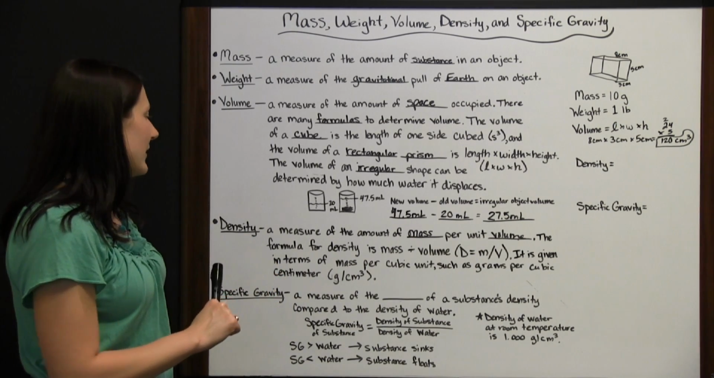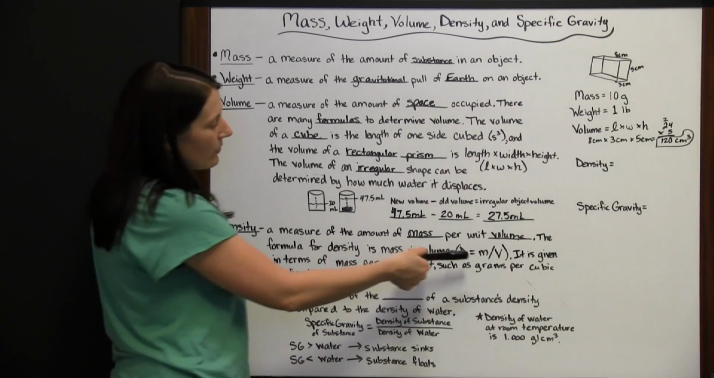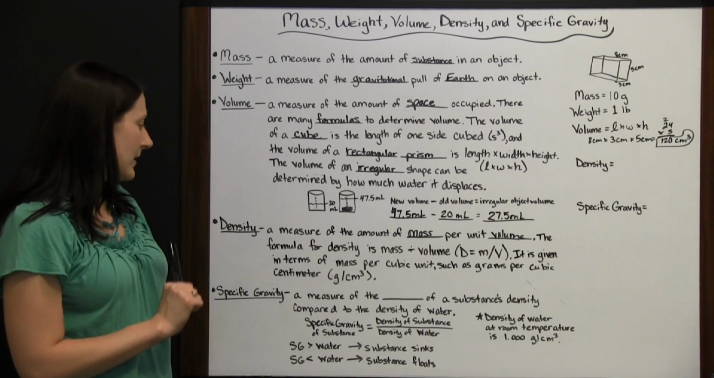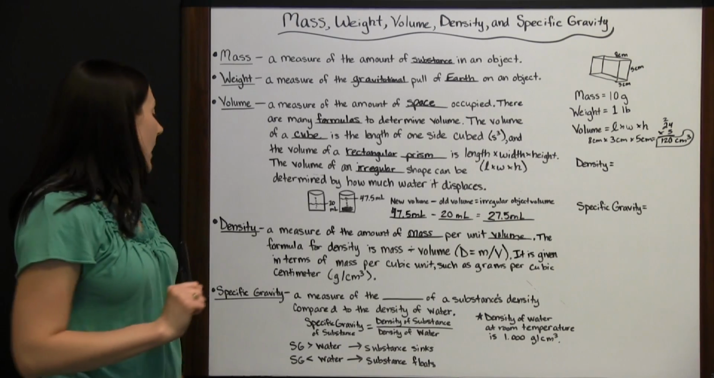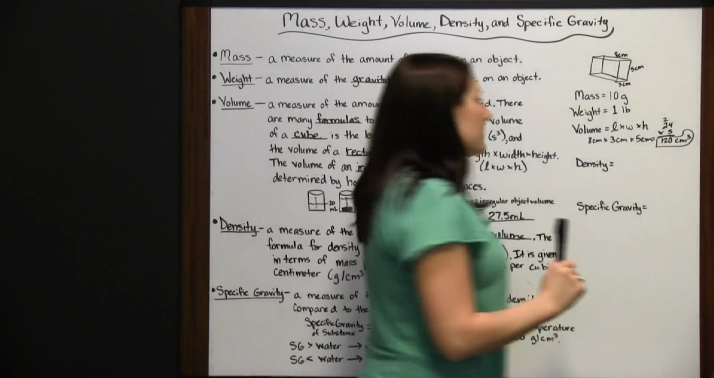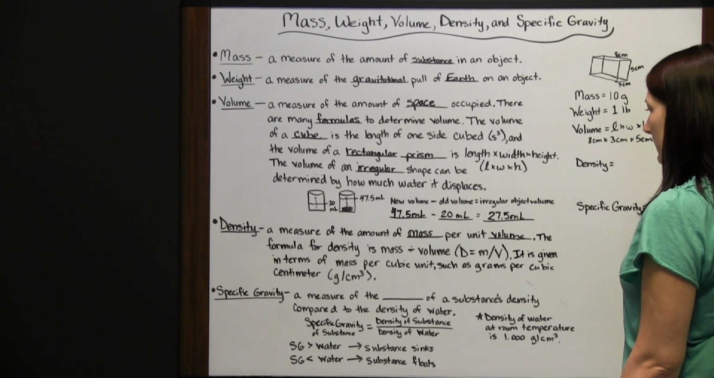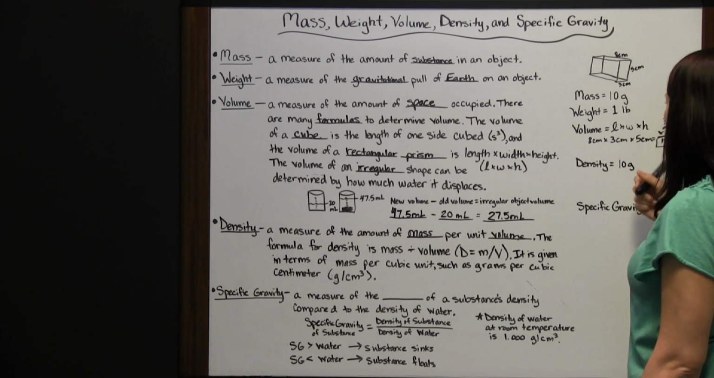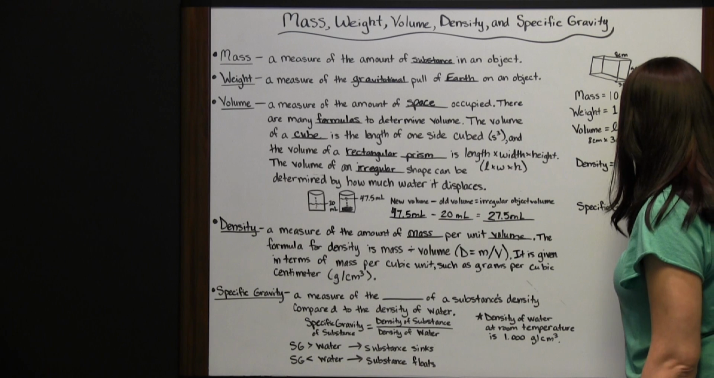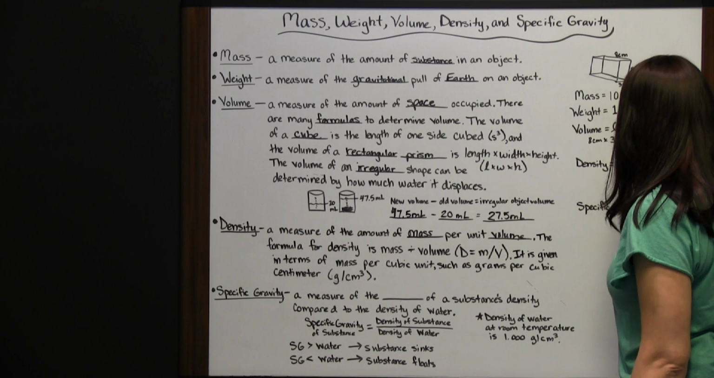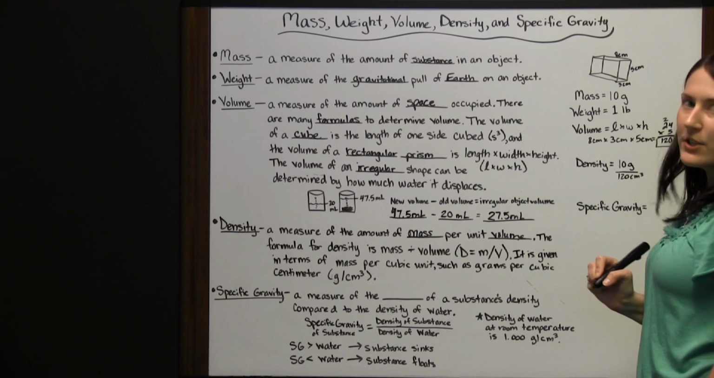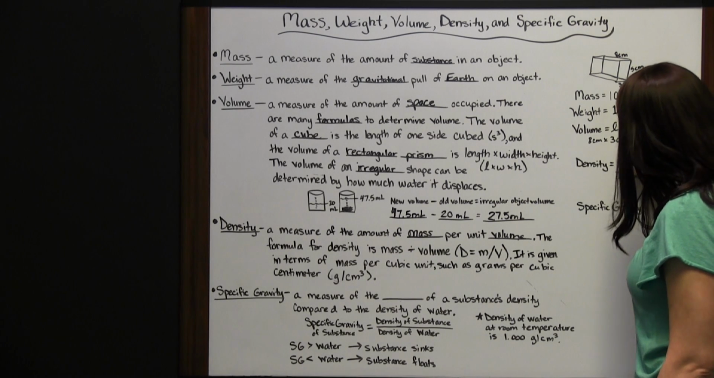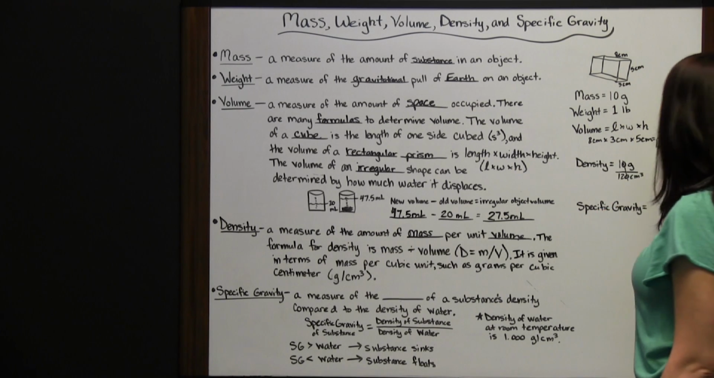So the formula for density is mass divided by volume, or D equals M divided by V. And it is given in terms of mass per cubic unit, such as grams per cubic centimeter. So let's find the density of our object over here. So we have our mass, which is 10 grams, and we have our volume, which is 120 cubic centimeters. So now we just have to reduce, and what we're going to end up with is being able to cross out these zeros, and we're going to have 1/12